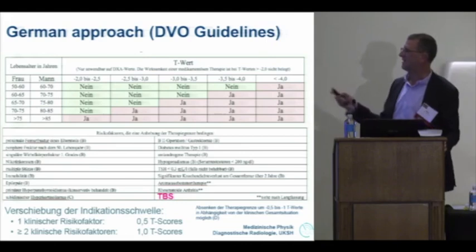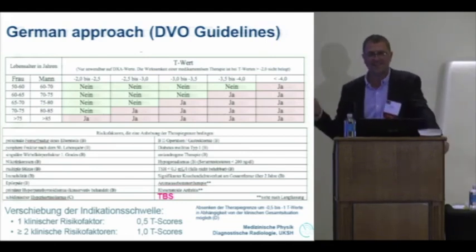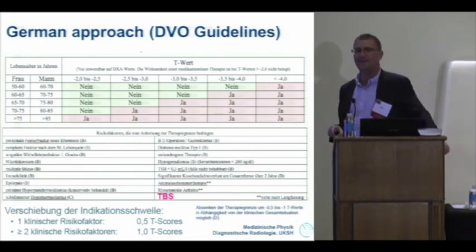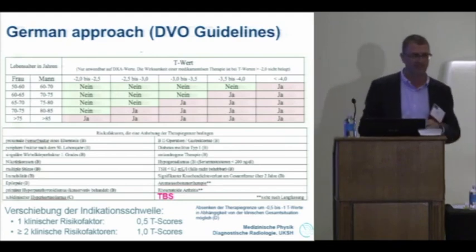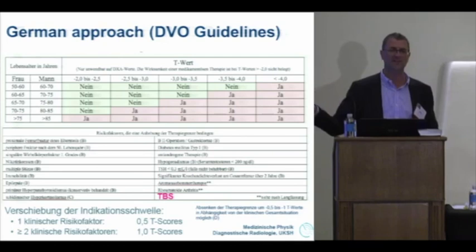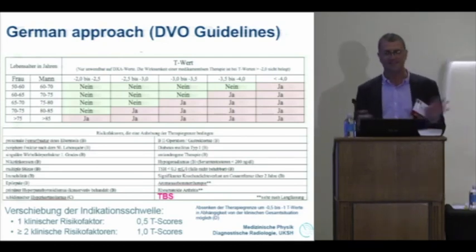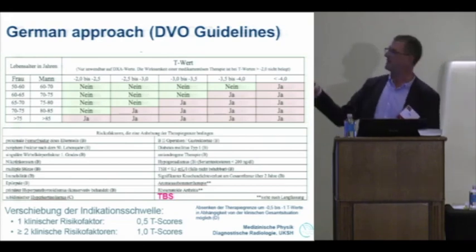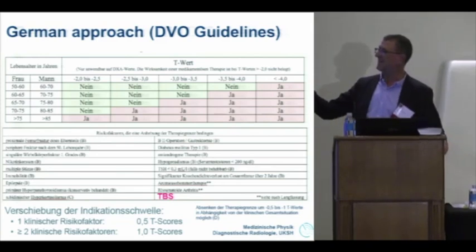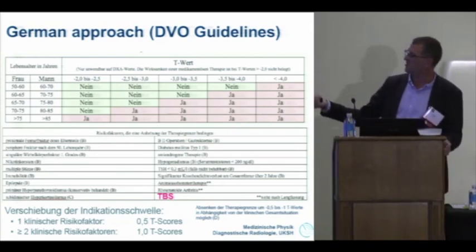Another way to do that, I leave that in German so that you understand it's German. That's a German approach, and they include that in the DVO Guidelines. It was approved just recently, a few weeks ago, just a month ago. And what they have, they don't like FRAX. So they say 999999 to FRAX, okay? So they put that 9999 into the table of level of risk,